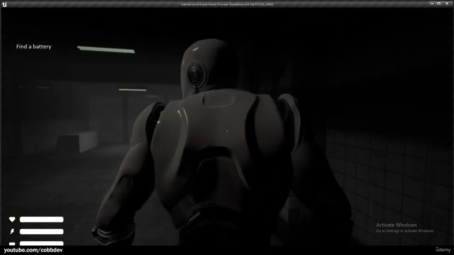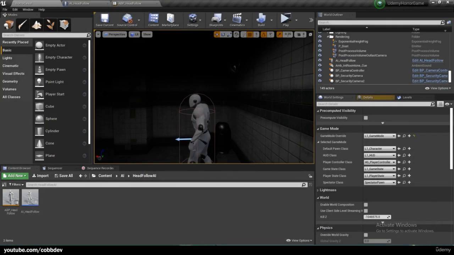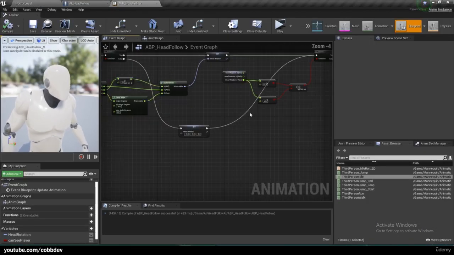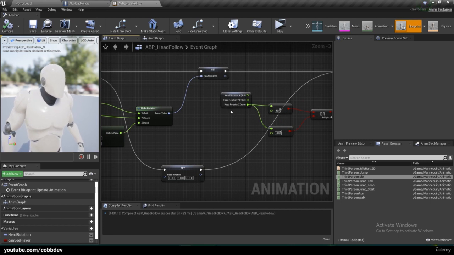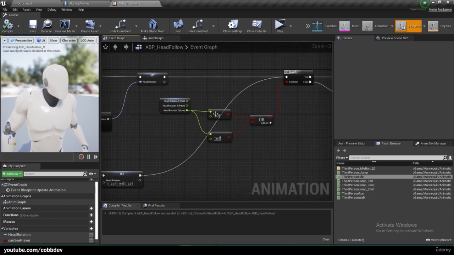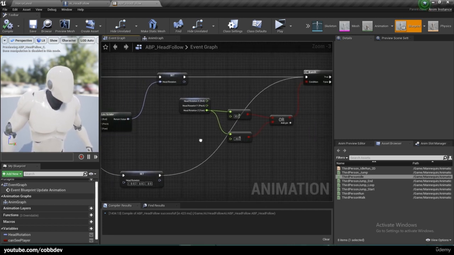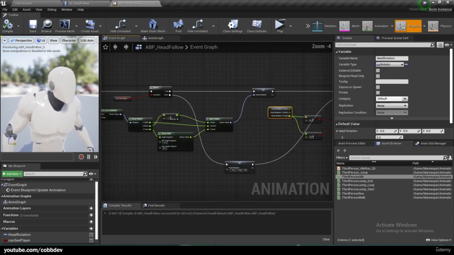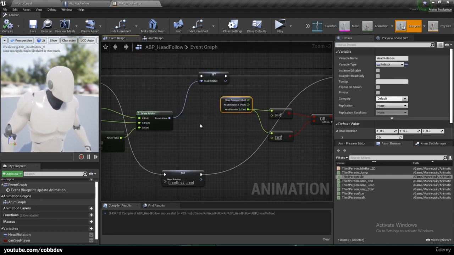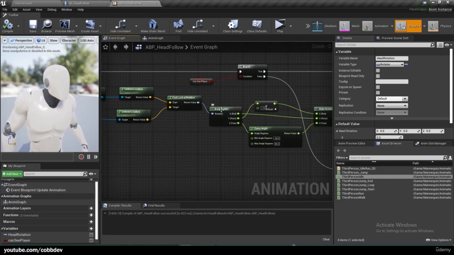And he doesn't seem to. So let me figure out why. Okay, so I see the problem. We're not supposed to use the actual head rotation, since this won't ever go above or below these values because we clamp it. So instead of the head rotation variable, we need to take it from the z of the